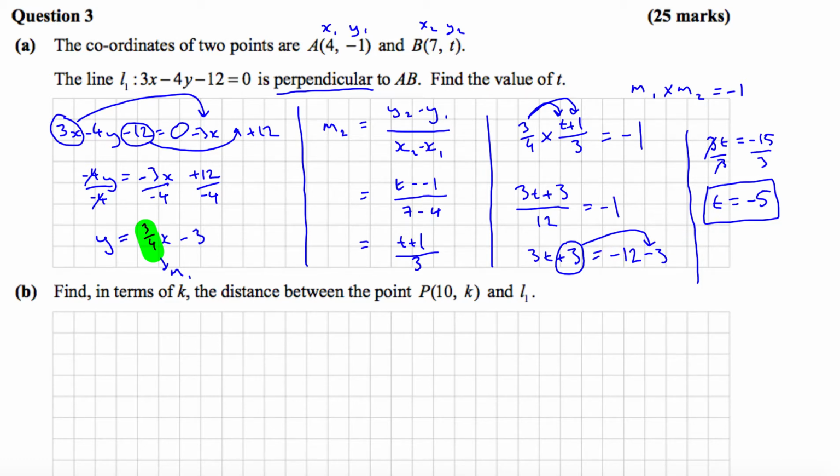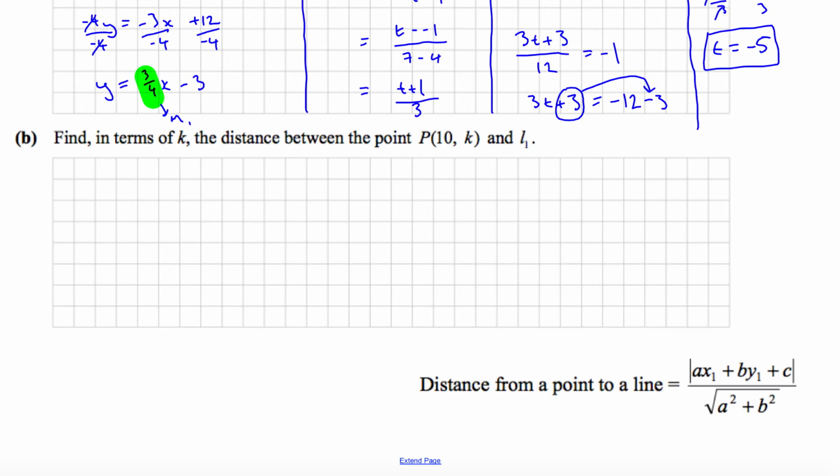Okay, moving on. Part B. Find in terms of k the distance between the point P, which is (10, k), and the line L1, which we've already been given. Okay, so if we want to find the distance between a point and a line, there's a formula in our tables book, which I have down here. So we just apply this formula here. Now, the line L1, if you remember, was